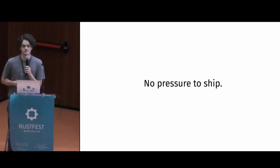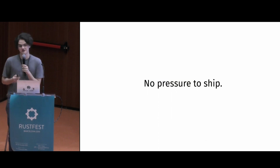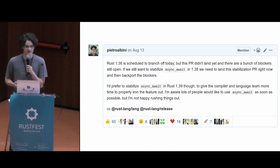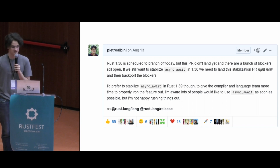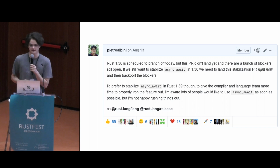We have no pressure to ship things. If a feature is not ready, we have issues, we can just delay it by a few weeks. And nobody's going to care if it gets stabilized today or in a month and a half. And we actually do that a lot. The most obvious example is a few weeks ago when we decided that async await wasn't ready enough to be shipped into Rust 1.38. Because it turns out it wasn't actually stabilized when the beta freeze happened, and there were still blocker issues. So we had to crash the feature and backport the stabilization, and that's something that we would